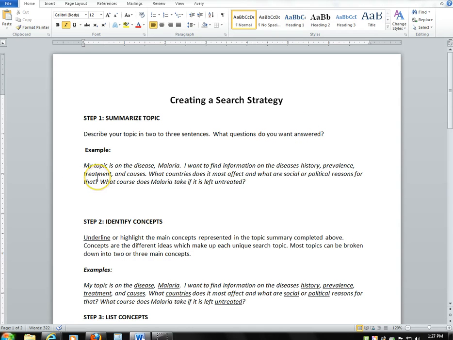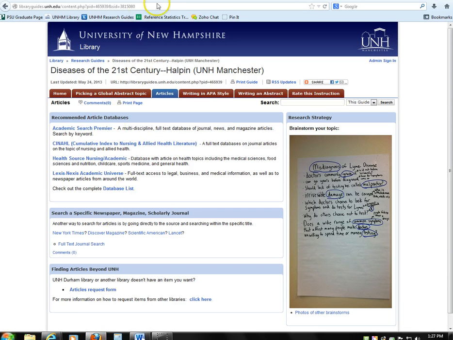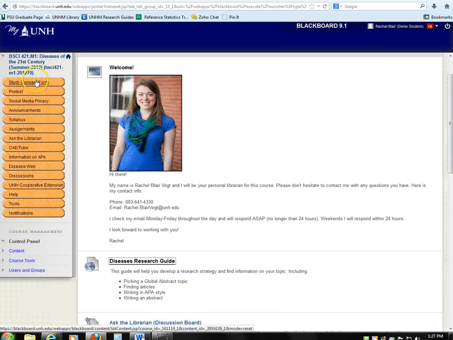So I write, and this is what I'm looking for you to do, to write what disease you're thinking of doing, and then what information you want to find out about it. So in this case, I want to find out about the disease's history, prevalence, treatment, and causes. I found all this information under the syllabus. If I went under syllabus right here,